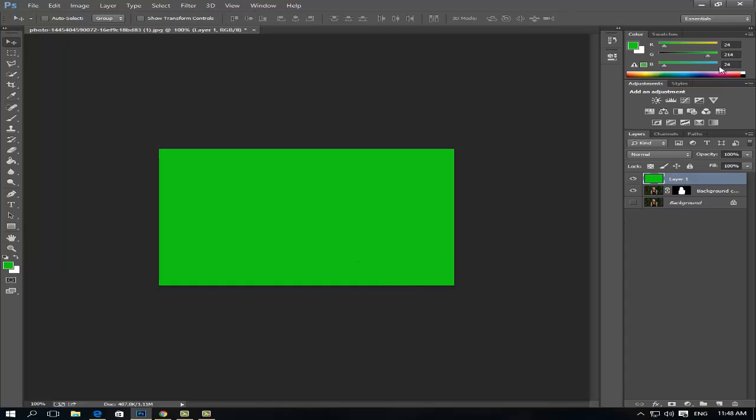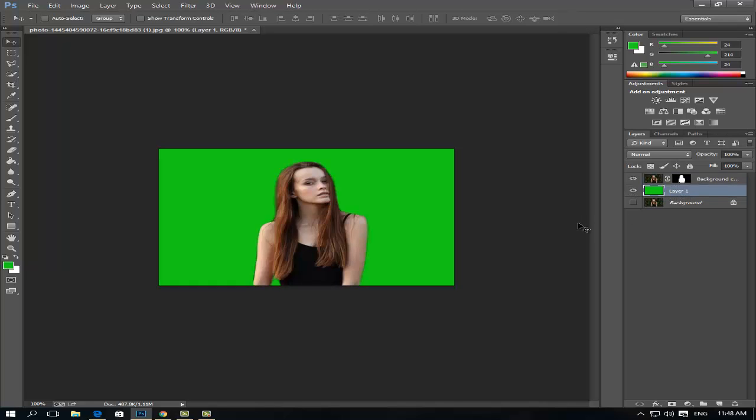The third thing we are going to do is simply take this layer and put it right behind the image. So, as you guys can see,